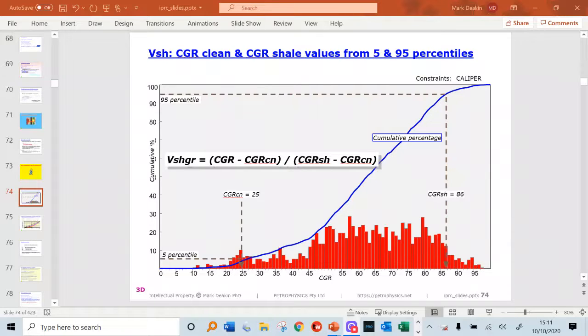I will talk briefly about the other main method, which is density neutron. And density neutron, as you all know, has a negative separation in shales and generally a positive separation in sands, or particularly in gas-filled sands. So that's the other lithology parameter that we use commonly in determining lithology in V shale,